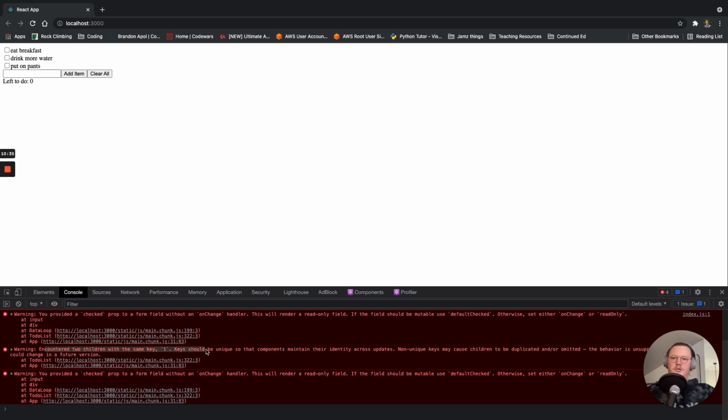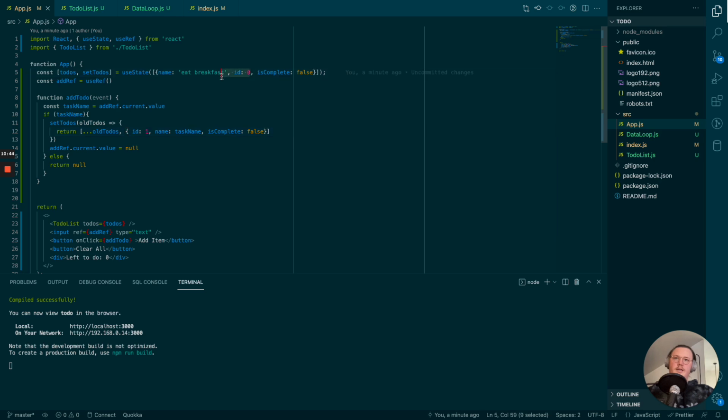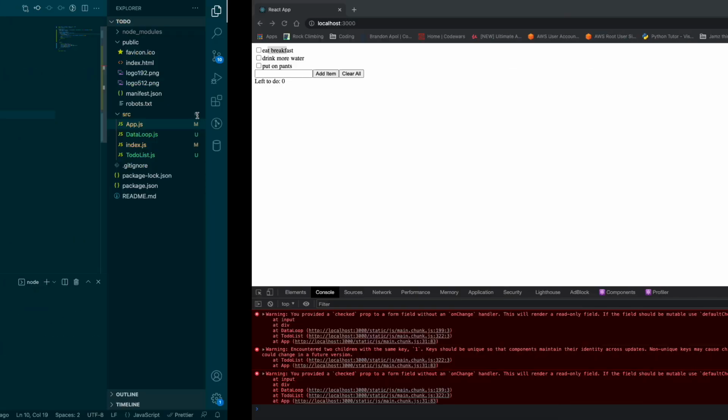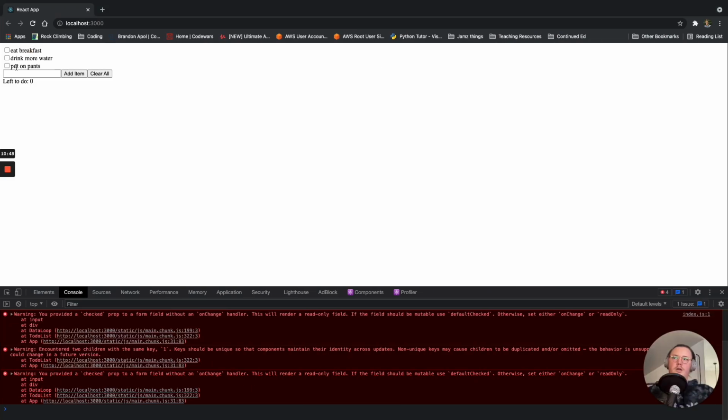Yep, encountered two children with the same key. There we go. So that was what I was talking about: non-unique keys. Right now this is 0 because we defaulted that in here. There's that ID 0, and here's ID 1. But if you go back here, now we're going to have 0, 1, and 1 again, and it's just going to keep going. I can do another one of these things,